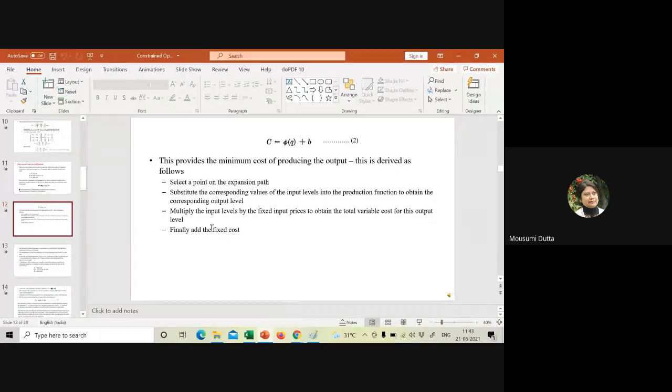Okay, you already did all these things, though I have written these steps like this, apart from the last step, that is, add the fixed cost component. Apart from the last step, you did all these things. You have presented the Lagrangian expression for cost minimization, bringing the objective function as well as the constraint, solved those equations, got the values of x1 star and x2 star, putting those values in the original cost equation, you got